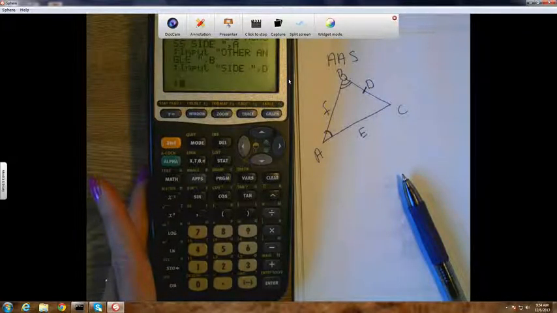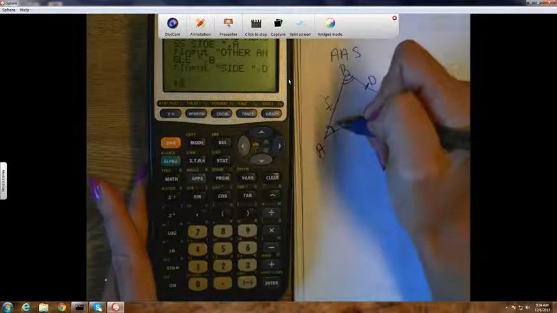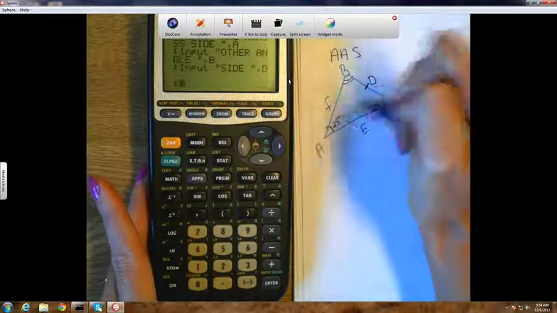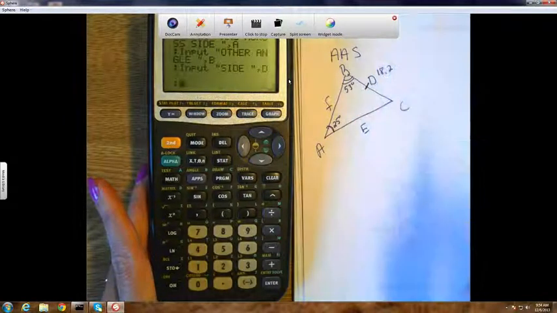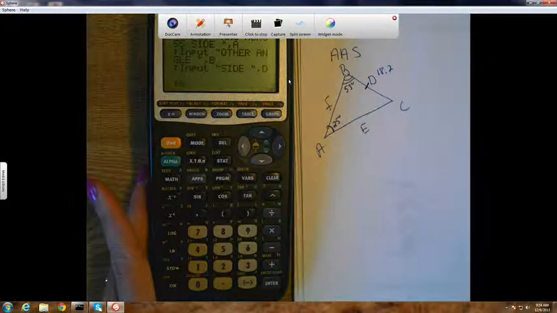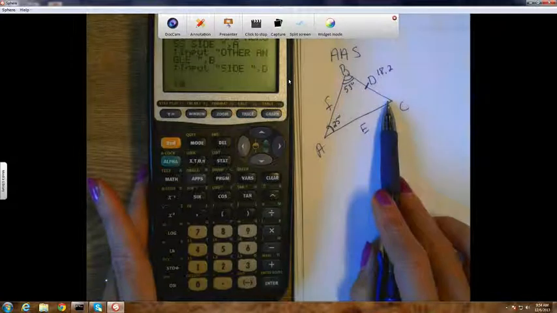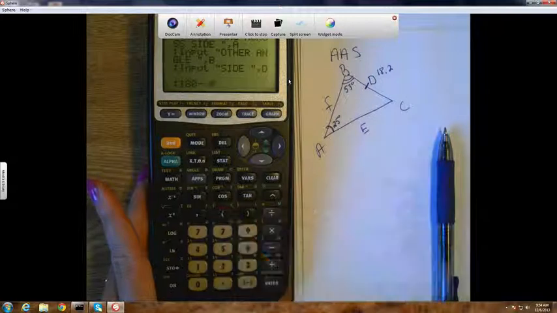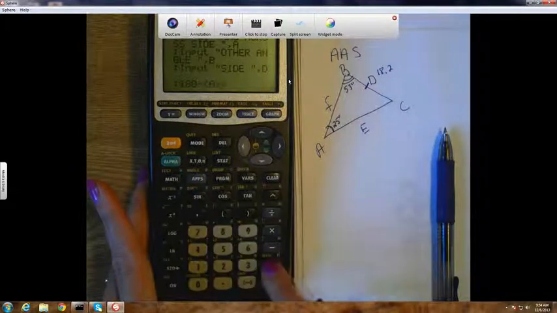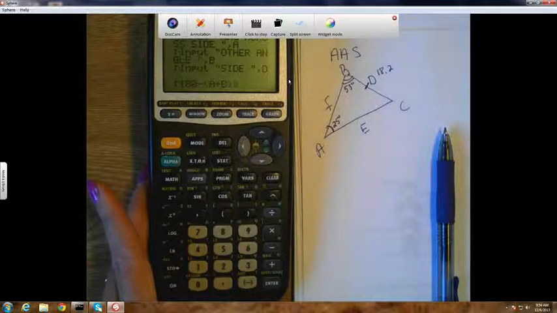All right, now we need to do the math. Okay, so we're starting with, I'm going to throw some numbers in here. Let's go with our 25, our 53, and our 18.2. Okay, what would you find first? We would find angle C next, normally. And how would we find it? 180 minus the two that I know. Where are the two that I know? A and B. You know how easy this is? Doesn't it matter what order they're in? No. Okay, it's addition. Very good, Jolie. What do you do after you do the math?